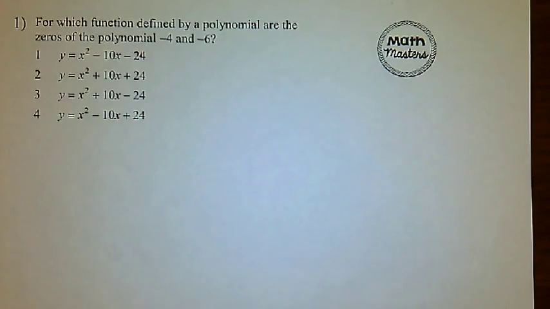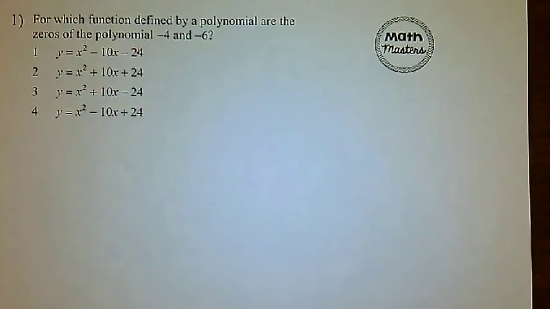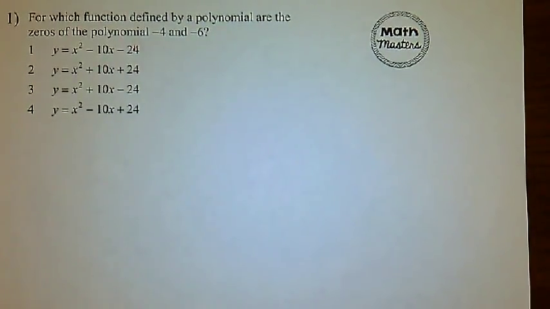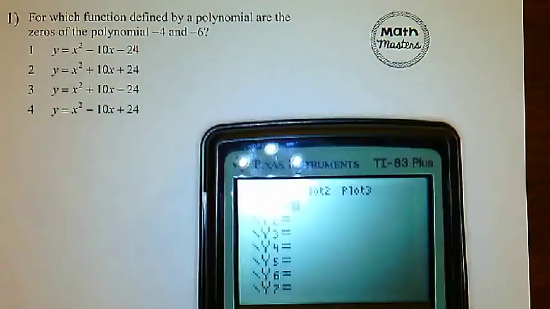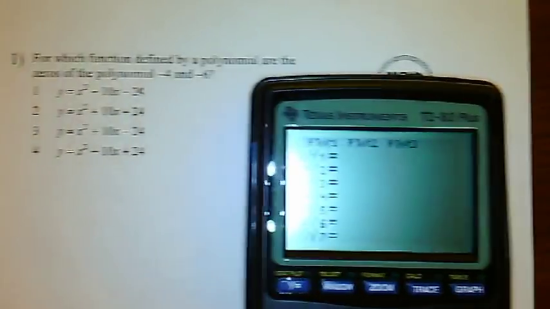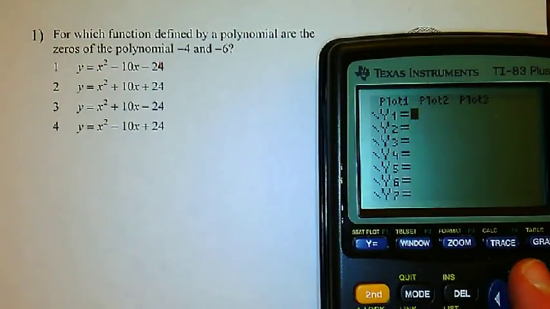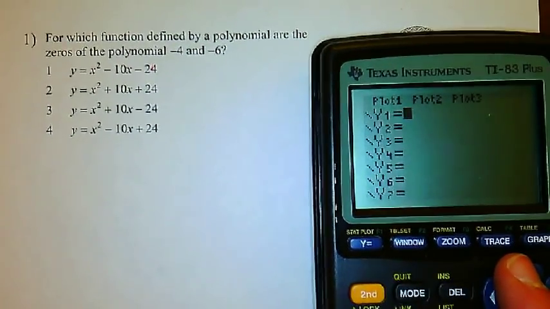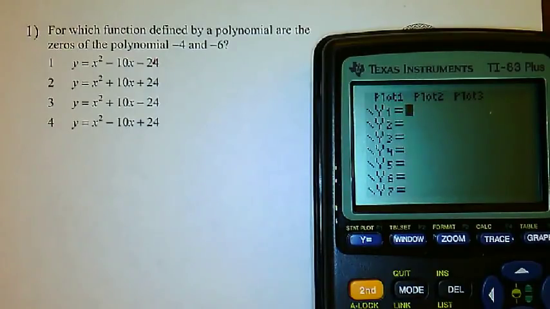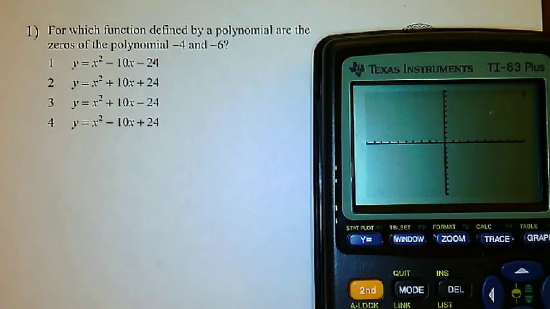Alright, so for today's lesson, we are going to start with question number 1, which asks us, which of these polynomials have the zeros of -4 and -6. So all I'm going to do is I'm actually just going to put these into the calculator. Okay? Trying to get that glare away. Alright, so for the first one, I have, let's see, x squared minus 10x minus 24,